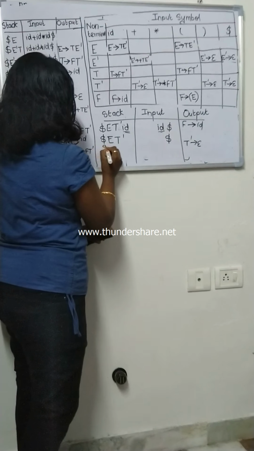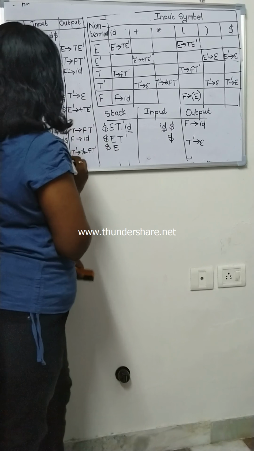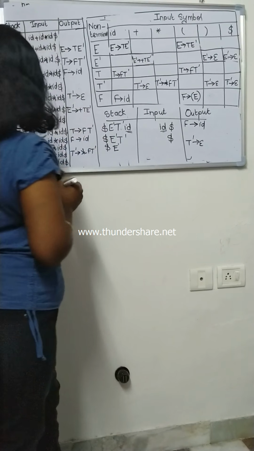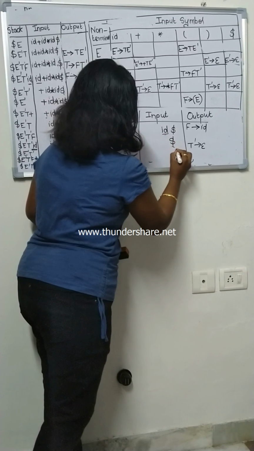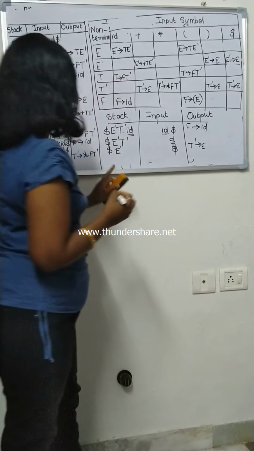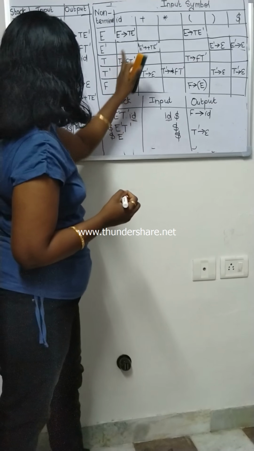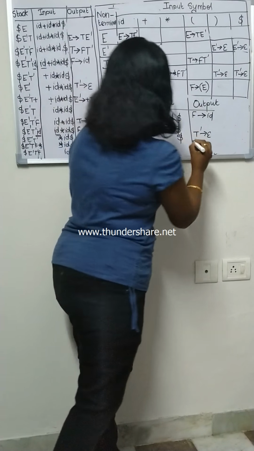So I will be writing it as $E dash, and here it is null value. Now I am going to check E dash as well as $. So E dash $, that